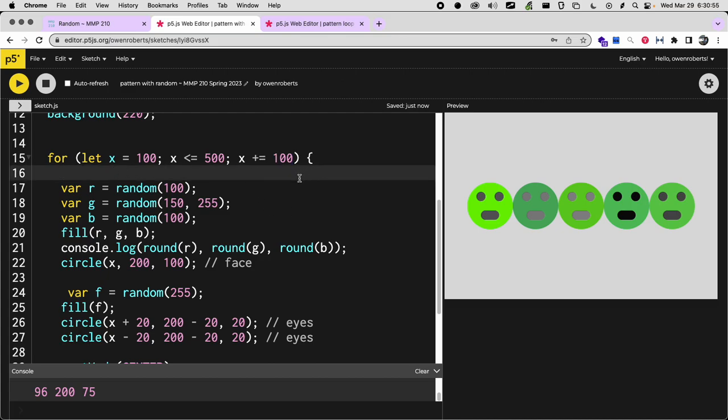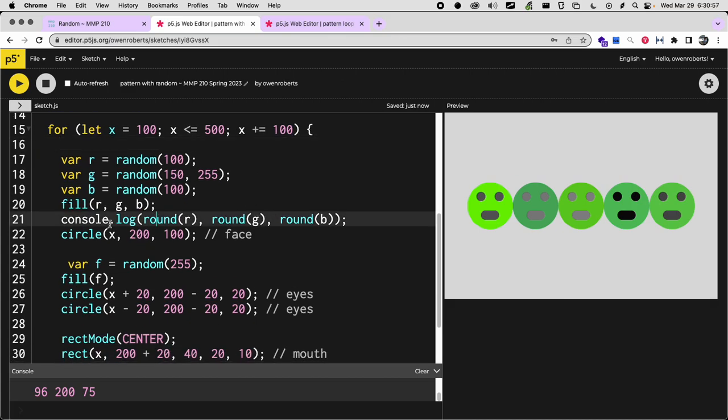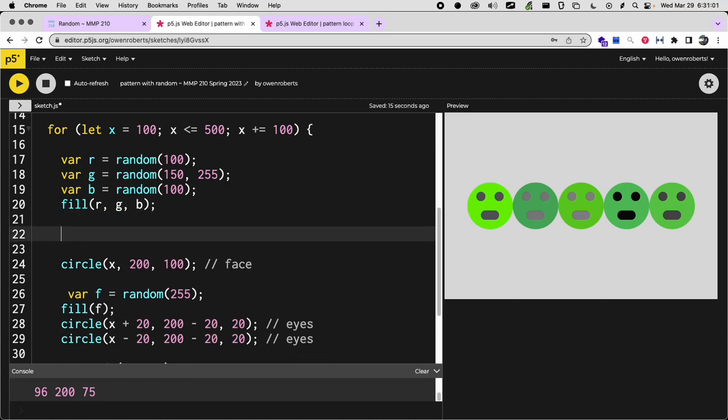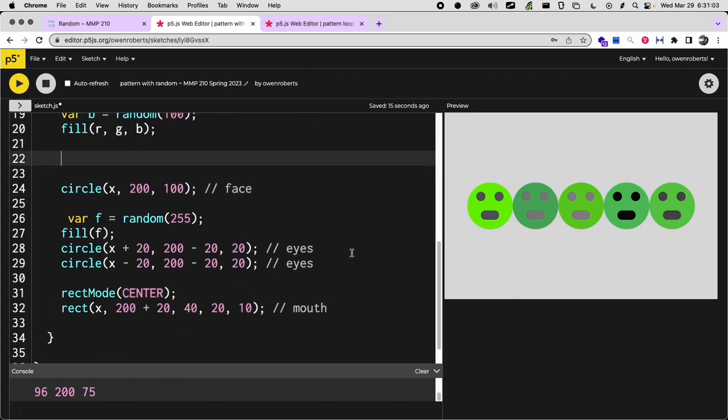So let's leave X alone for a second. We haven't touched Y at all. If I want to randomize the position of my pattern, I could make a new variable for Y. So I'll say variable Y, and I can randomize it. So if I say random, of course I can use